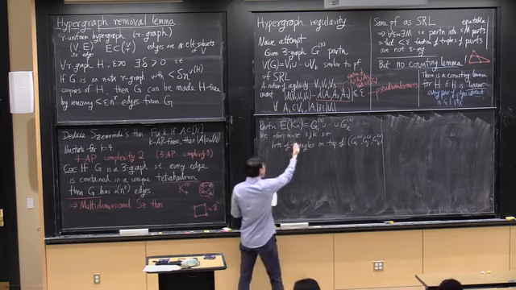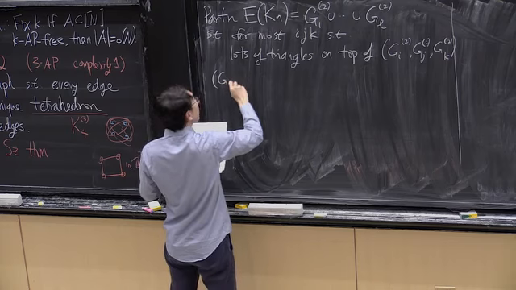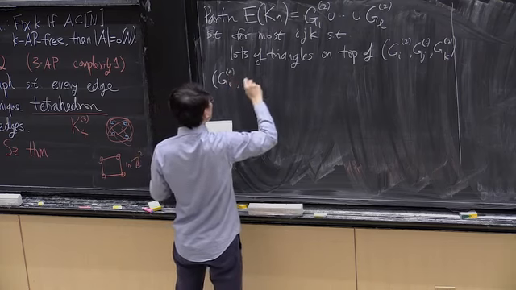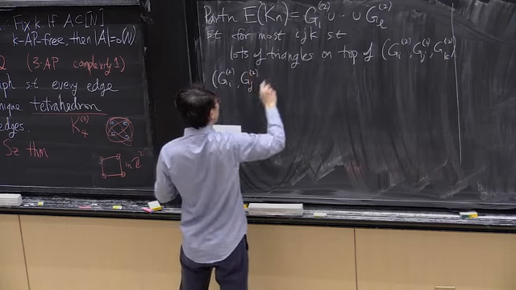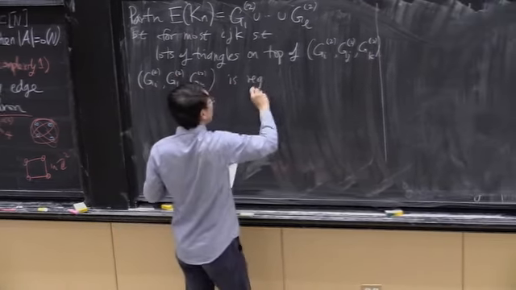So for most ijk such that this is the case, this triple is regular in the sense